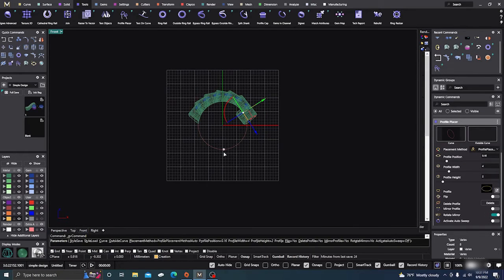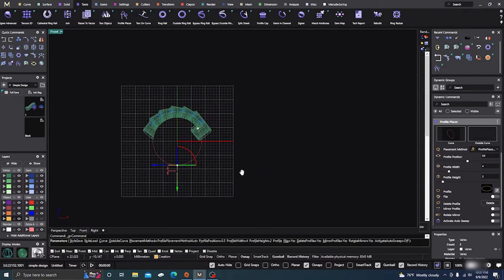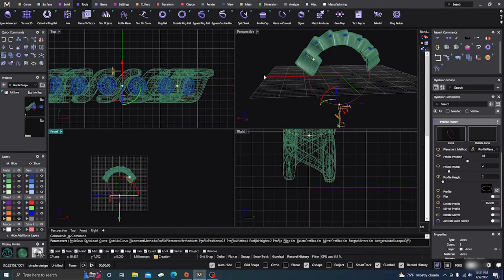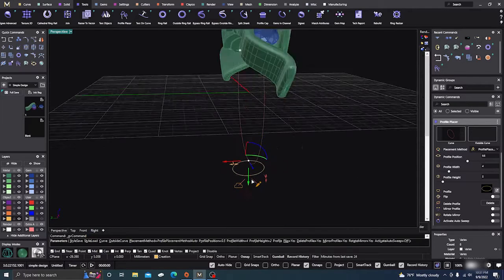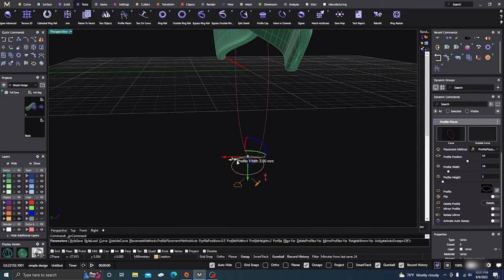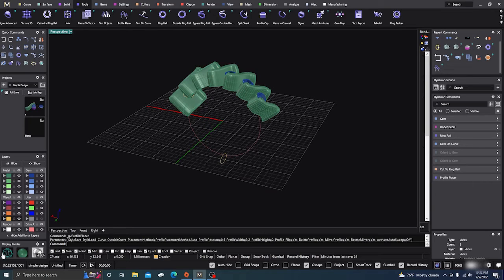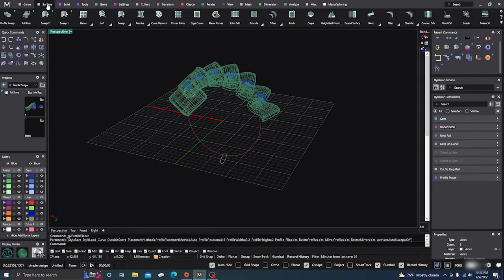front view, and we'll hold down Shift, and it'll snap to these edges. So I'm going to snap to the bottom here, and I'll go to my perspective, and I'll make this just a little bit smaller, and my height is 2. Yeah, I'll just leave it there. Okay, so hit enter, and then from here what we'll do is we'll do a surface sweep 1 from here,